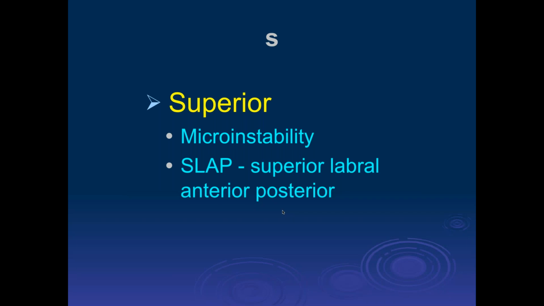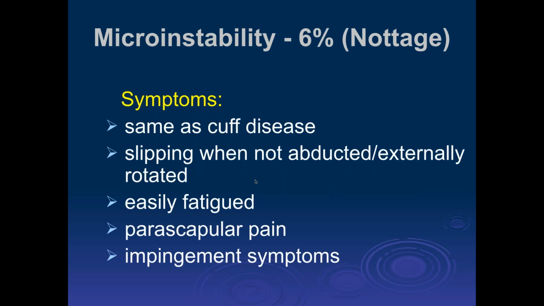This area, some people have called microinstability, involving the superior labrum and the middle glenohumeral ligament. And the term SLAP was originally coined by Dr. Snyder here in the San Fernando Valley, and it became a real hot topic about 10 to 15 years ago. Wesley Nottage from Orange County